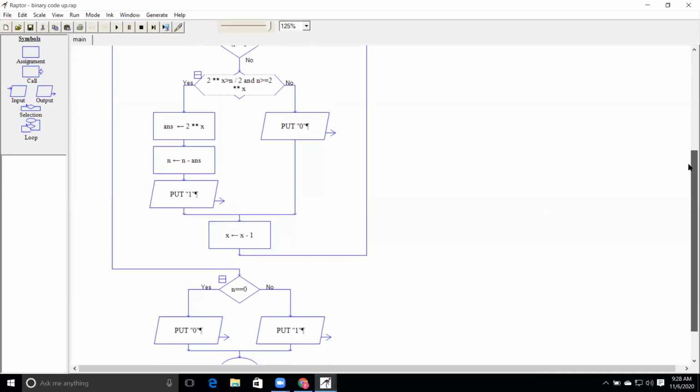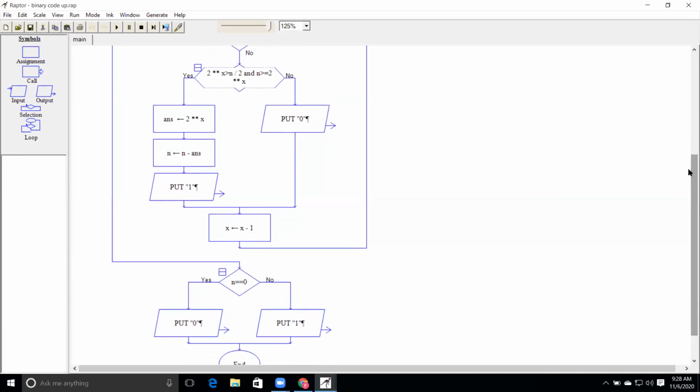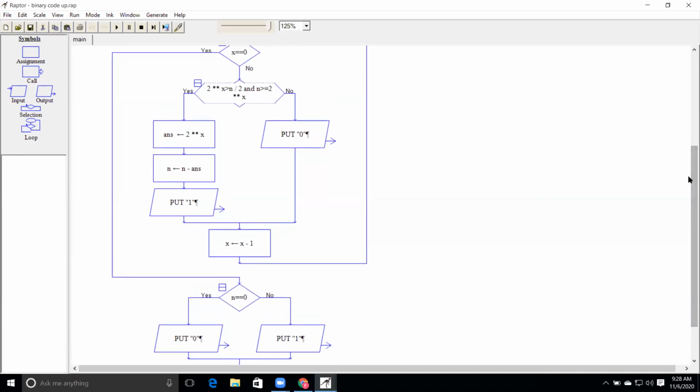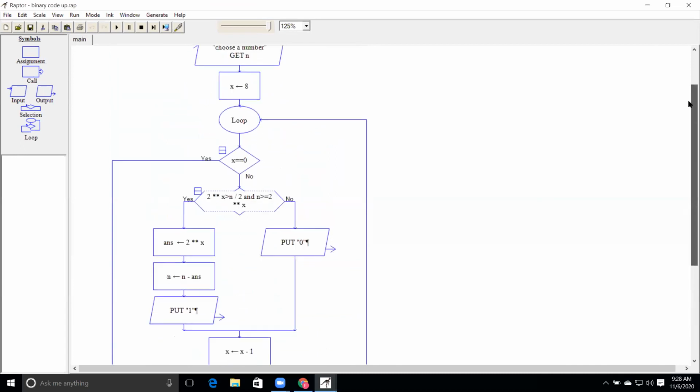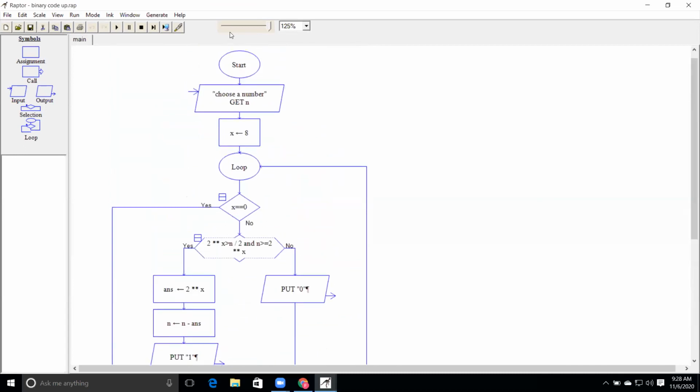Sir, can you please explain that loop condition again? Which one is it, false or mine? My condition. Shall I run the code, sir, once? Yeah, you can run. Actually, both, sir.